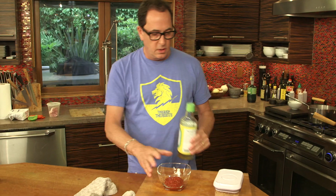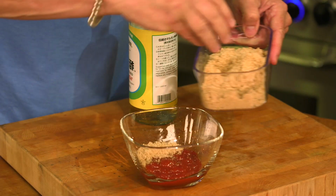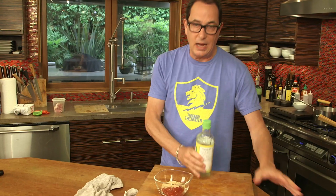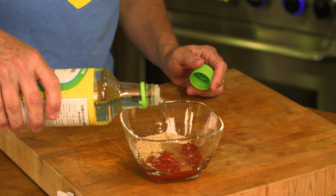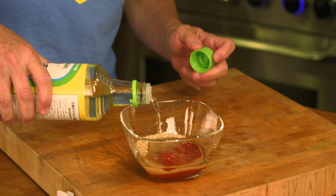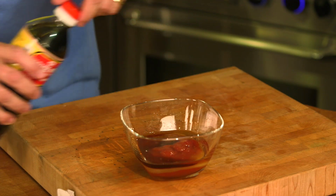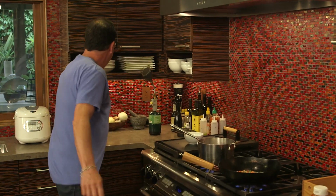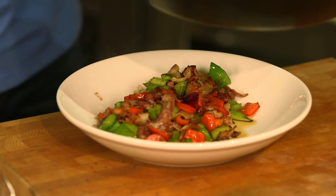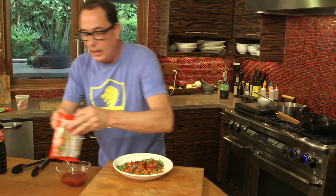Sweet and sour. Sweet is going to be the ketchup and a couple tablespoons of brown sugar. The sour is going to be the vinegar that we add. A couple tablespoons of this, one, two, and a tablespoon of soy. Mix. All right. So I'm going to take this stuff out. There. Okay, that goes back on the heat. We get out the,